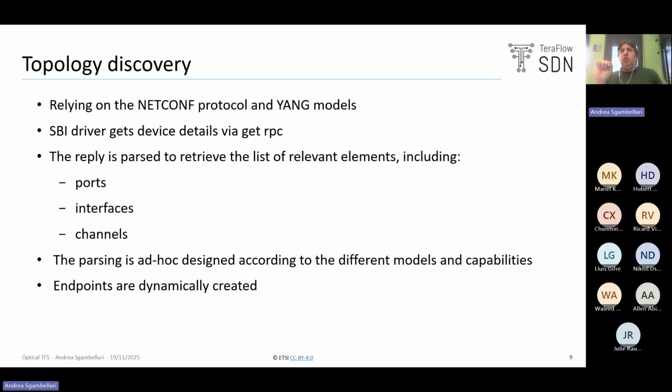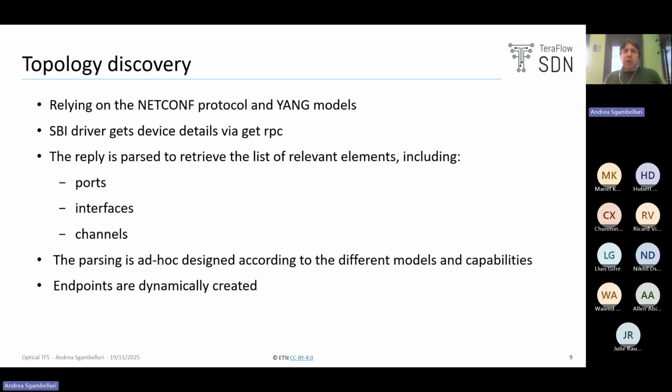So the endpoints are not included within the JSON file that includes devices, for example, or links, but those elements are dynamically retrieved from the optical nodes